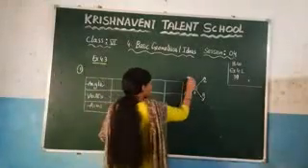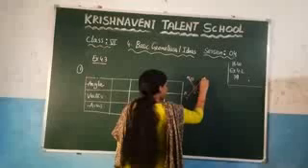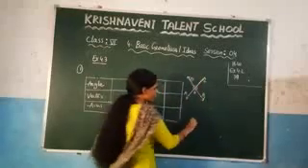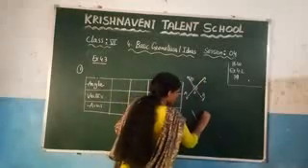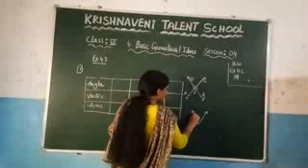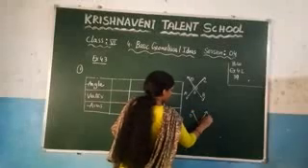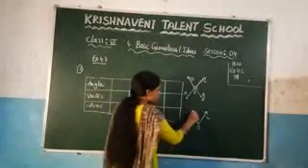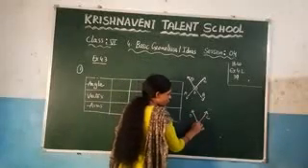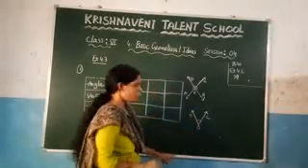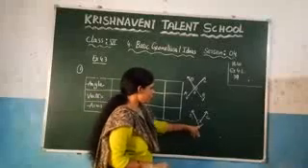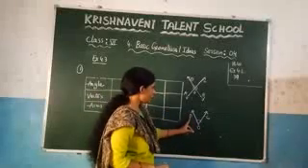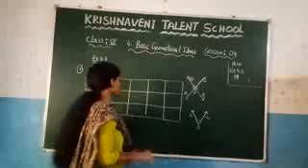Here you can observe that it is one angle. I am drawing it separately and you know that this is one angle. If you see the first one, which is C, and here D is there and here the O is there. Since these two rays are intersecting at a common point, an angle will be formed. You can write that angle as COD, or you can write it as DOC. Anything you can write here.